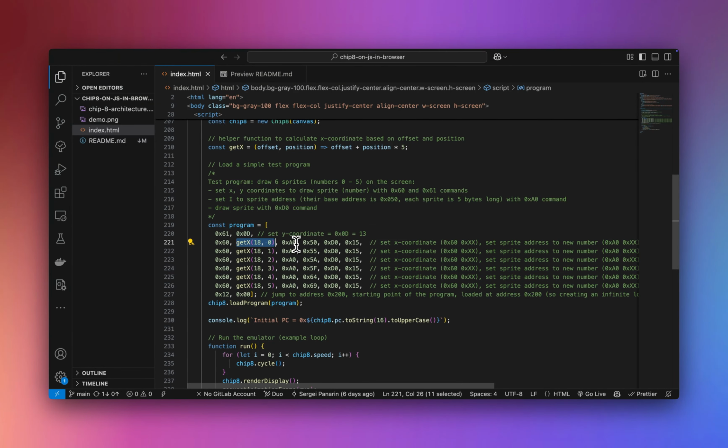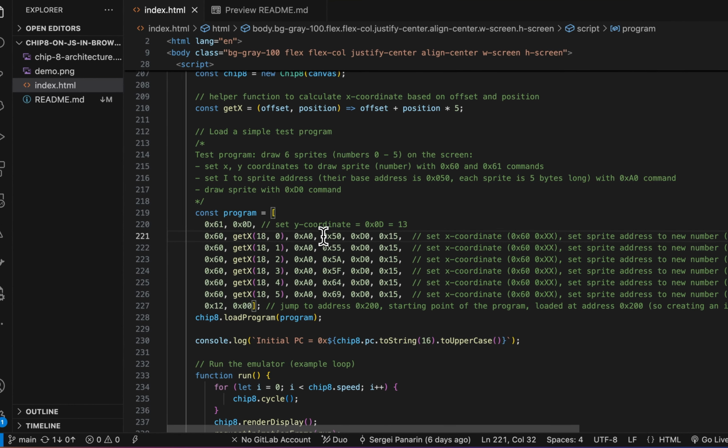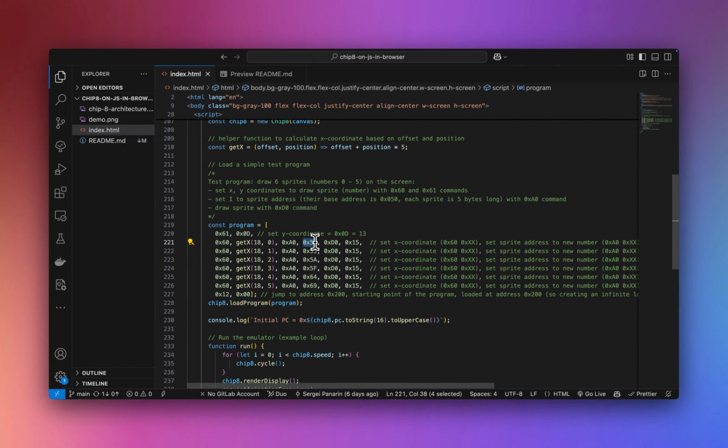And then the second is a function that sets the address of the sprite that we want to draw, and in our case we want to draw numbers, and numbers are stored in this Chip-8 memory starting from the address of 50. And whenever we talk about hexadecimals, we don't say it's 50, we just say 50 to be sure that it's not mixed up with the decimal system, because it's not actually 50, it's like 5 times 16 plus 0. And so